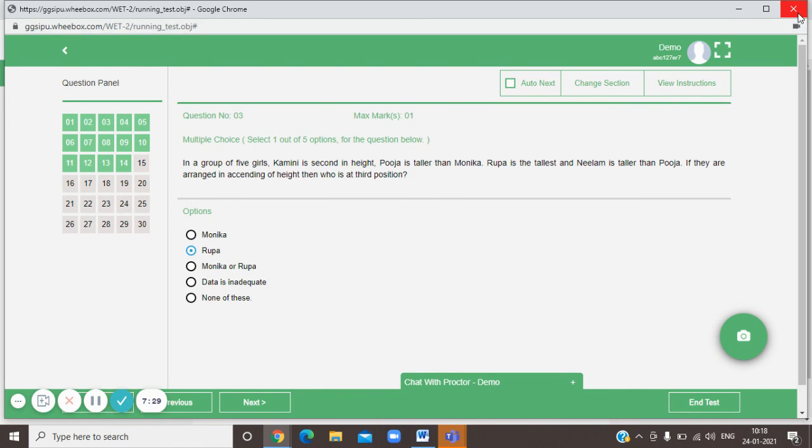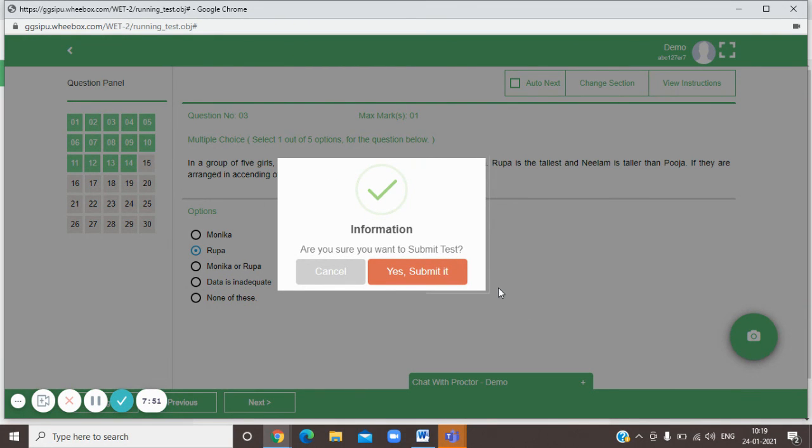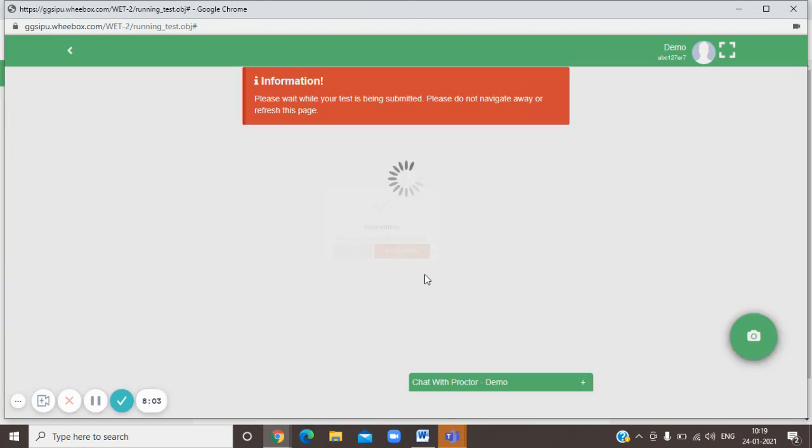Now, when you're done with your exam, the MCQ exams will be of 90 minutes. Candidates, once done with the exam, need not close the tab, but instead end the test. If you just close the tab abruptly, the test will not be submitted and your marks will not be calculated. Once I'm done, I click on end test. It will give me a pop-up asking, are you sure you want to submit the test? I say yes. Also, there is no negative marking for the exams, so you can answer accordingly. I say yes, submit it.